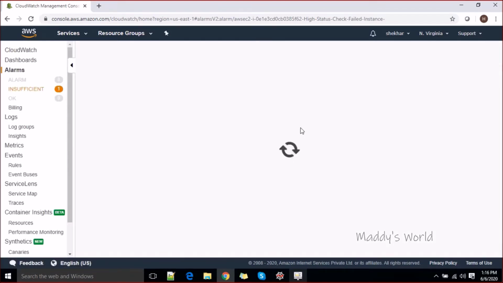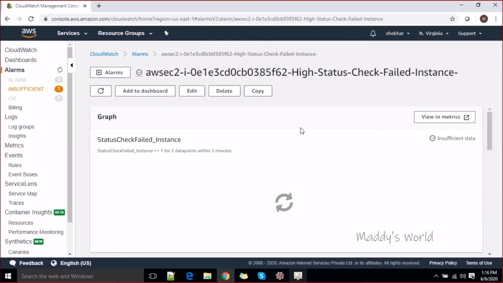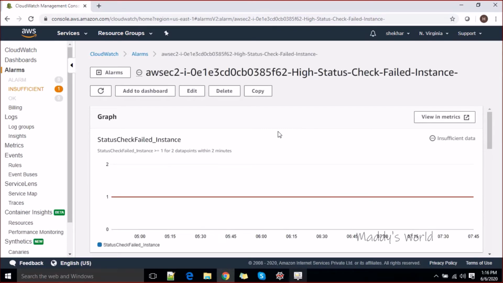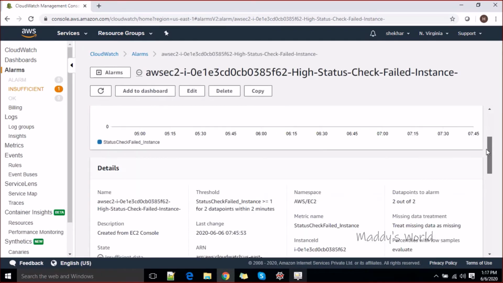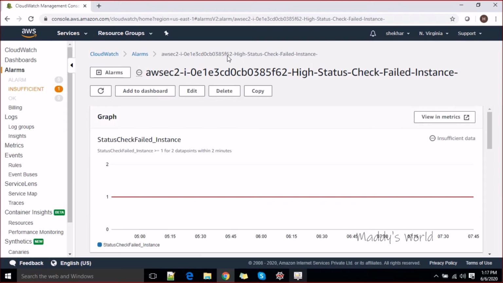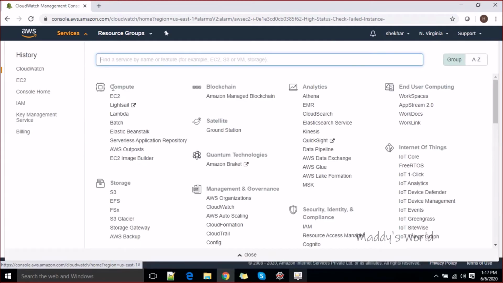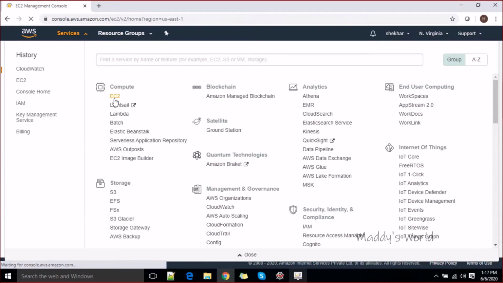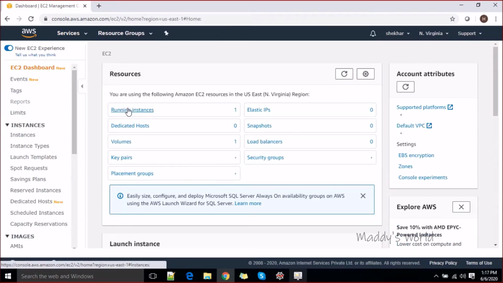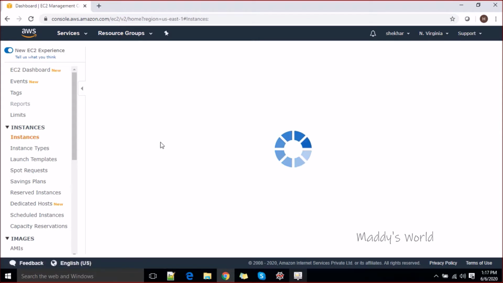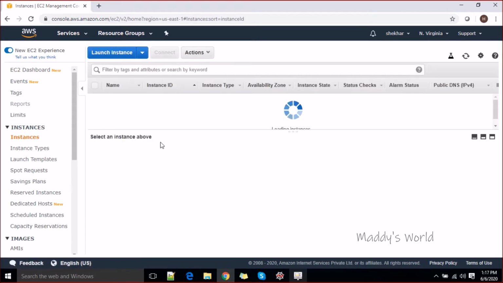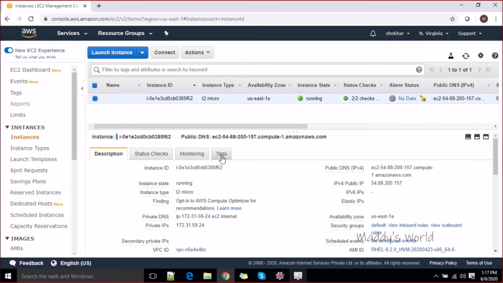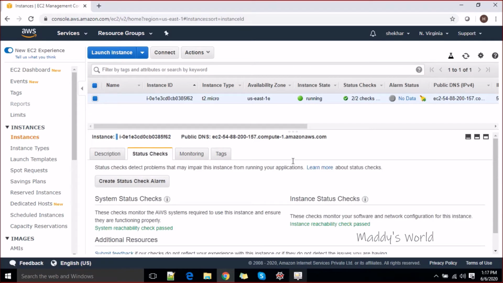It is directly taking you to CloudWatch, right, where you can see your instance status. At this moment we don't have any specific data regarding this. So this is what you can also do directly from your system console, I mean the EC2 console itself. Now let's go to the status check again.